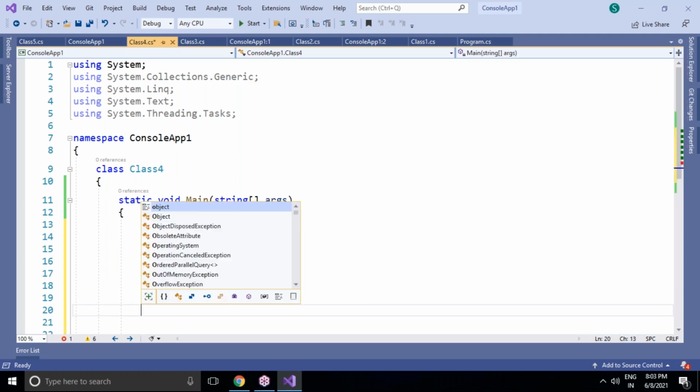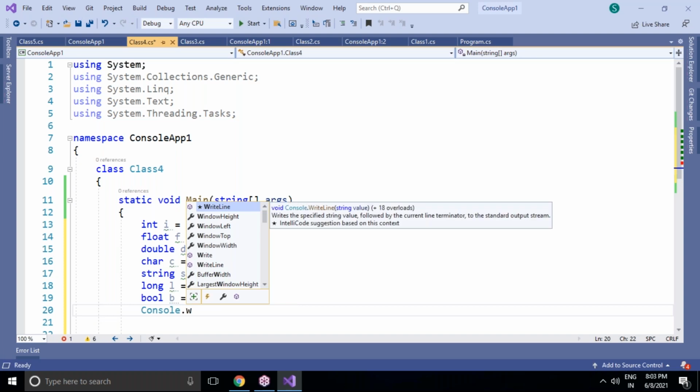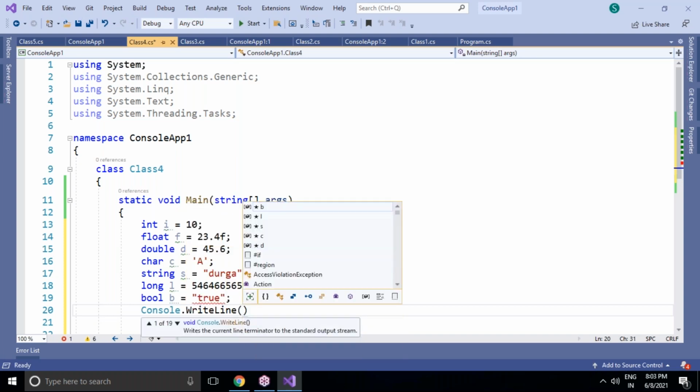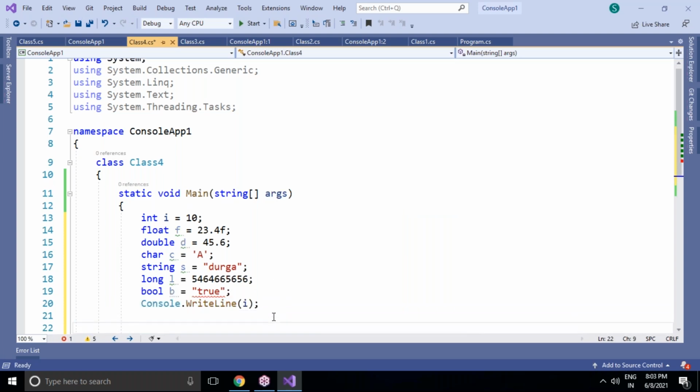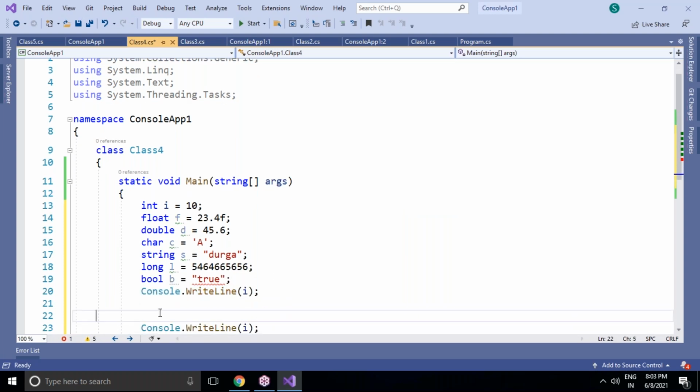Then if you want to print all this, you can go for printing with Console.WriteLine. I'm printing the i value, and similarly I'm giving all the Console.WriteLine output statements.